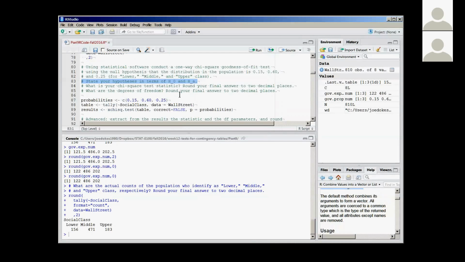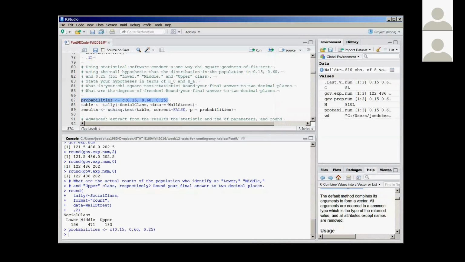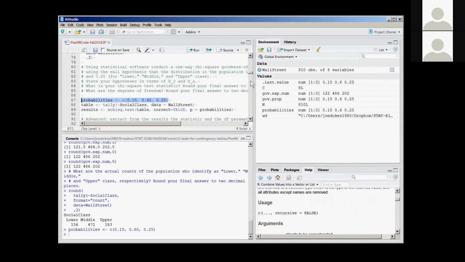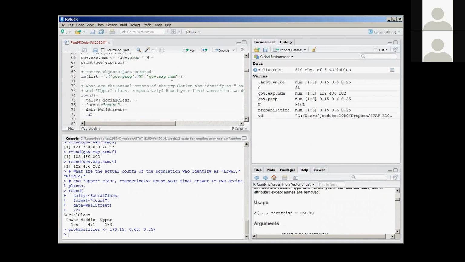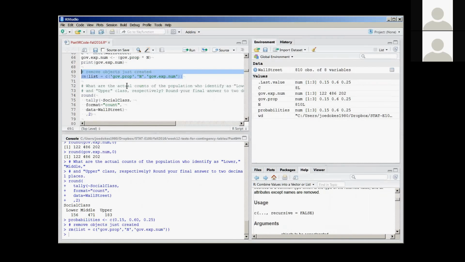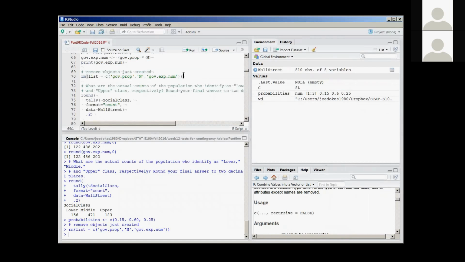That's the intuition. And the syntax I introduced to you is, again, this idea of probabilities. So the null hypothesis would be these probabilities. Here I'm using this vector argument to define the probabilities. In fact, before we get to that, I'm going to remove some of our other objects. If you can just evaluate this line, but it's important to keep in mind that